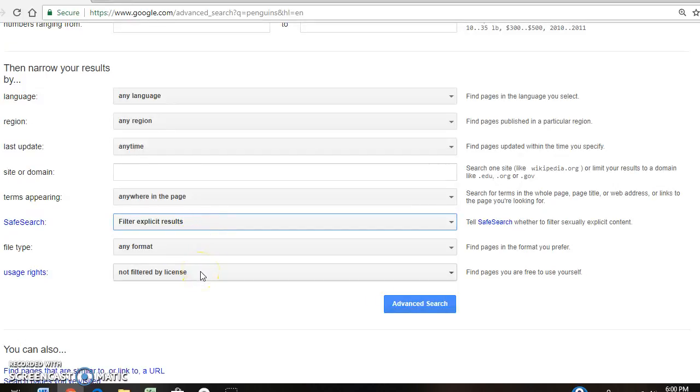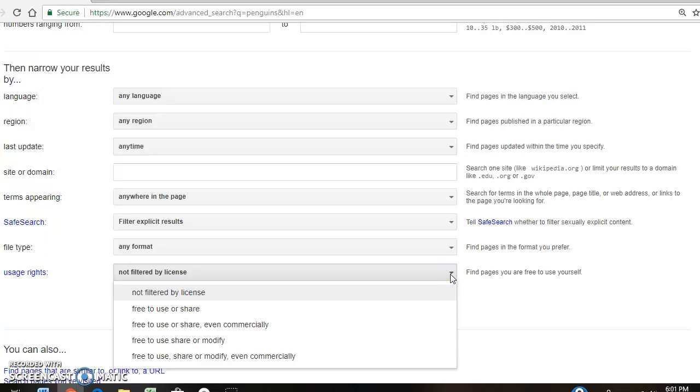Usage rights. This is another tool in our Google search. It is called our licensing rights. Okay, our default, whenever we go to search for anything on Google, all things we see are not filtered by a license. So we may use information that is copyrighted. So I can click here on my drop-down menu and see different choices of how I can filter my search